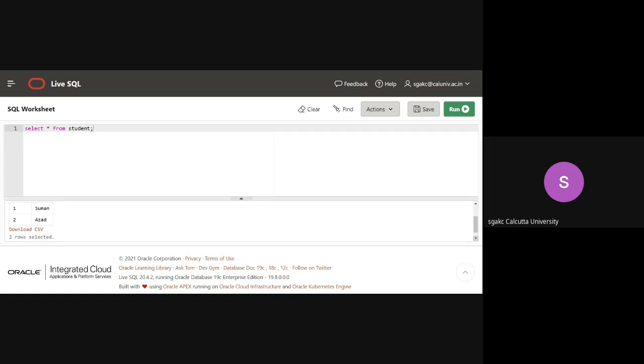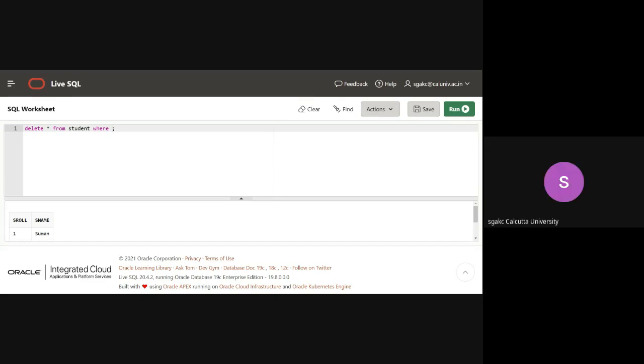This is creation and insert. You may also want to delete. You can do delete from student where. If you don't use a where, the entire rows in the table will be deleted.